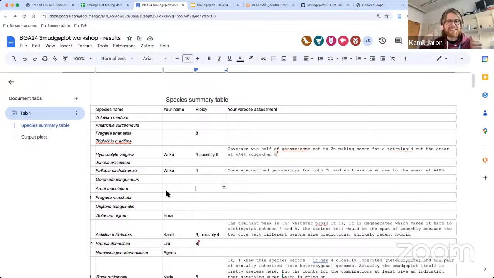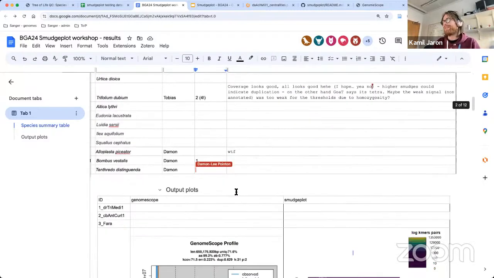We have this Slack channel that is just popping all the new sequencing data that goes through the sequencer, and we have all this automated QC which runs GenomeScope and Smudgeplots and everything. So you can immediately see every single bloody fungus and think, Jesus, what is this? Those pigs are weird. So it's good, and I'm very happy that I was able to show you some of the weird ones.